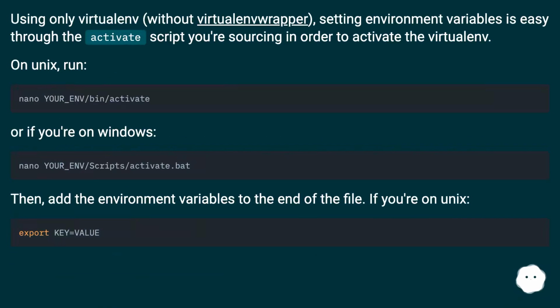Using only Virtualenv, without Virtualenv wrapper. Setting environment variables is easy through the activate script you're sourcing in order to activate the Virtualenv. On Unix, run. Or if you're on Windows, then add the environment variables to the end of the file. If you're on Unix,